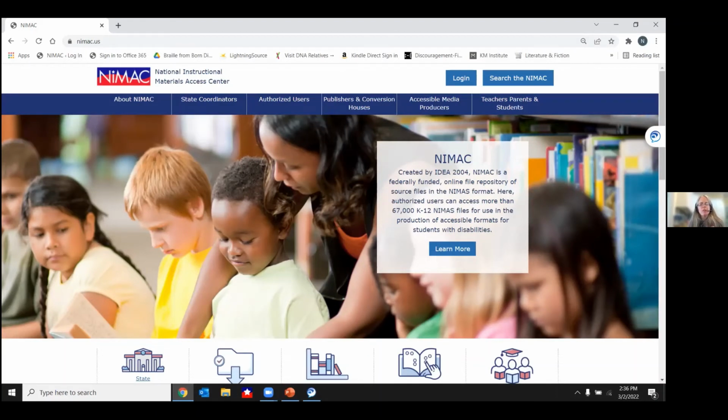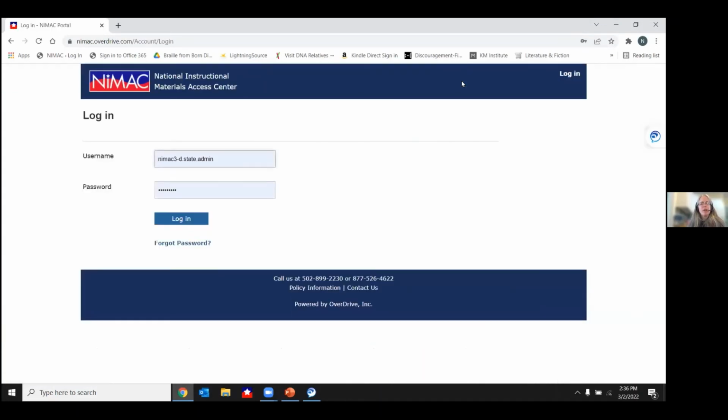And from this website, you can access the login screen. And you can also just bookmark the login screen directly. That's probably going to be the easiest thing for you to do. So where we're at now is the login screen,